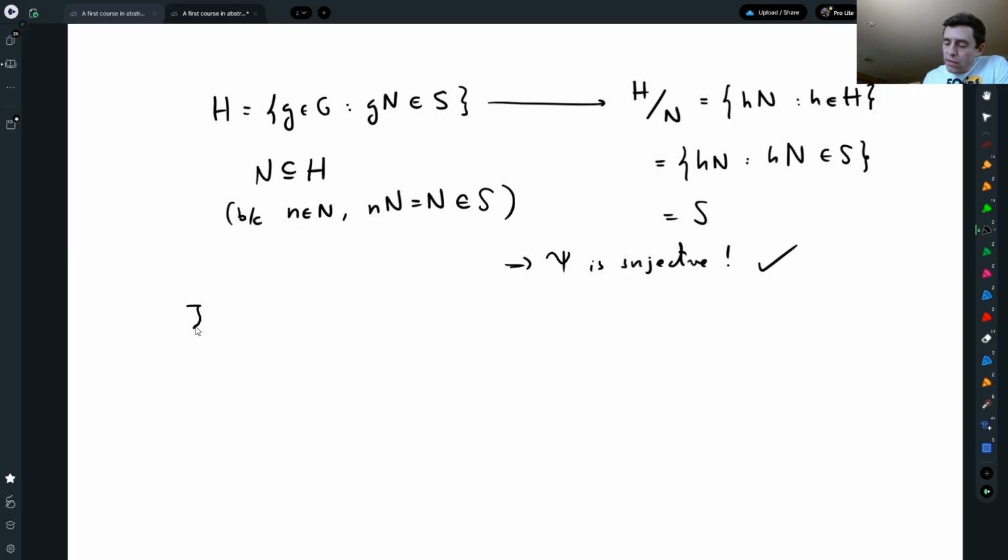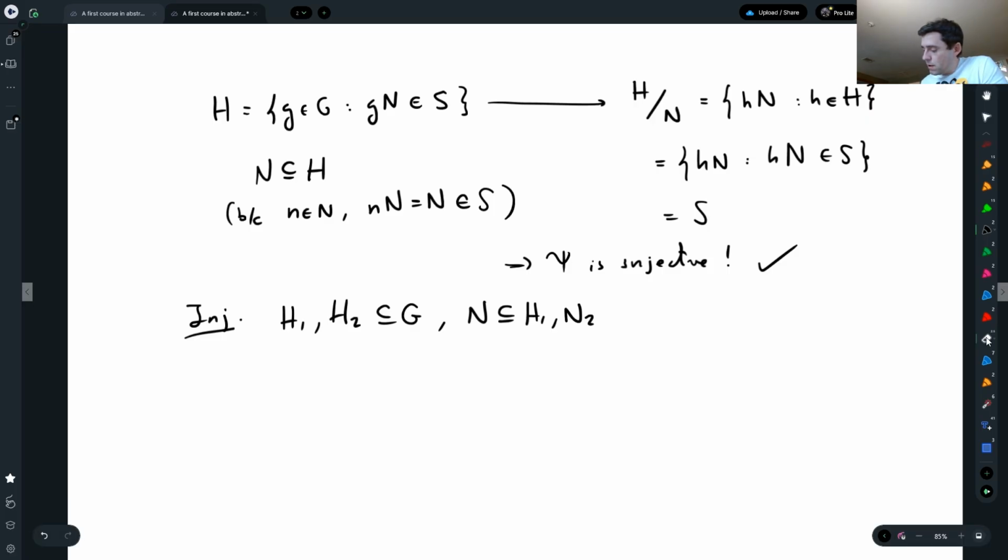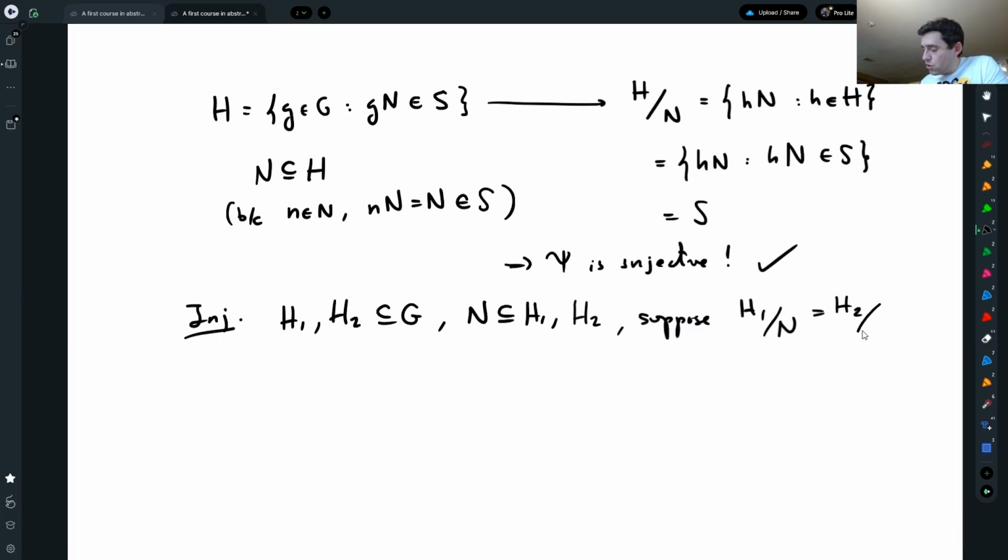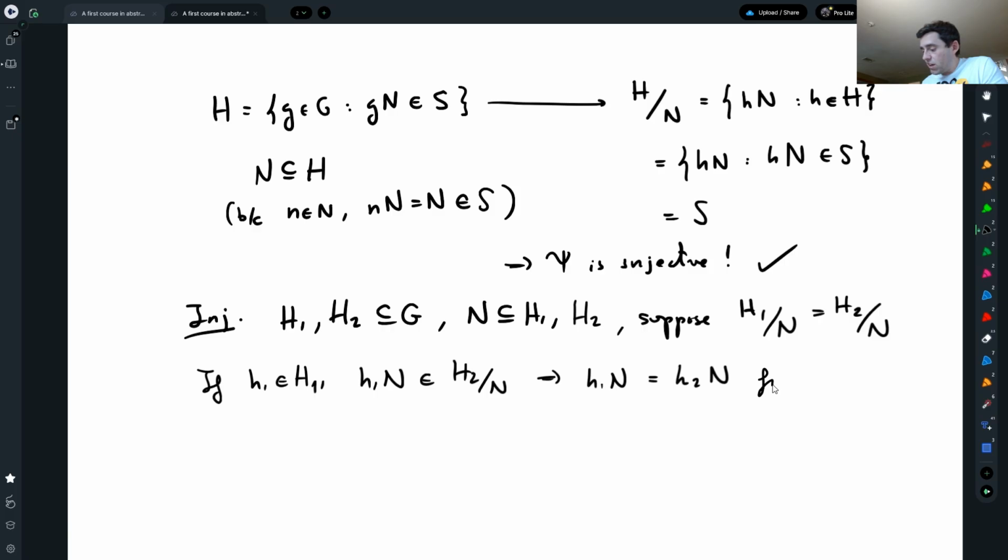Great. So now let's prove that the correspondence is injective. So suppose I have two subgroups of G, H1 and H2, both containing N, and suppose that their quotients H1 modulo N is actually the same as H2 modulo N. Then that means that if h1 is in H1, then h1N, which is one of the cosets that are in here, would be also in H2 modulo N, and therefore h1N is actually one coset with a representative in H2,